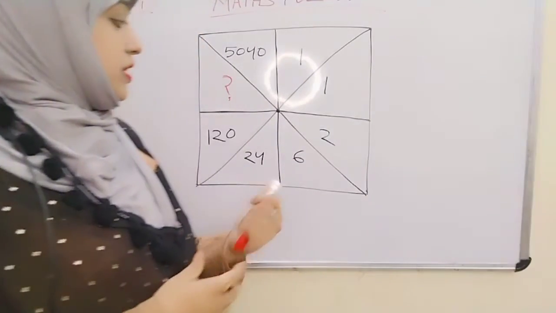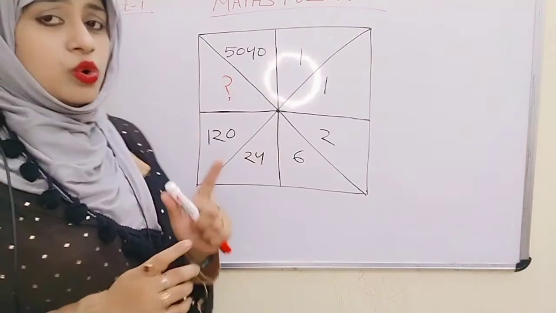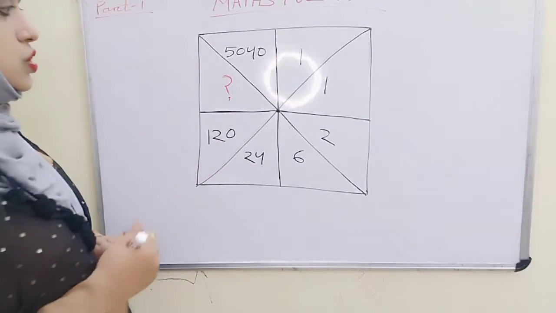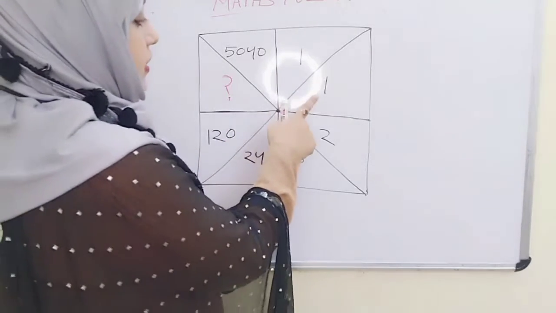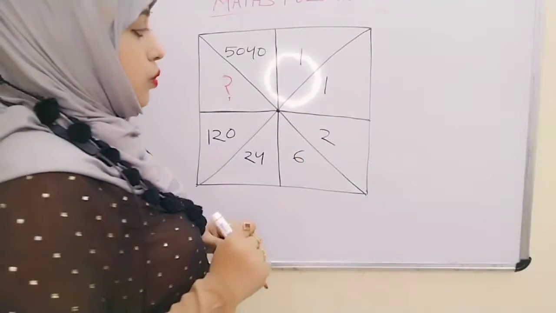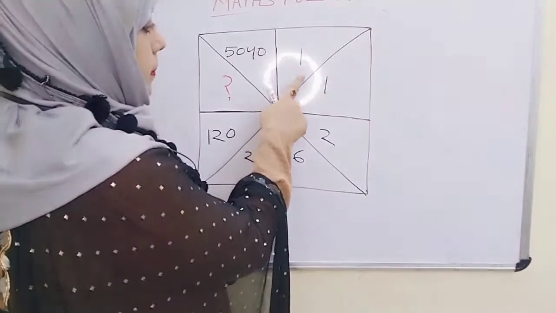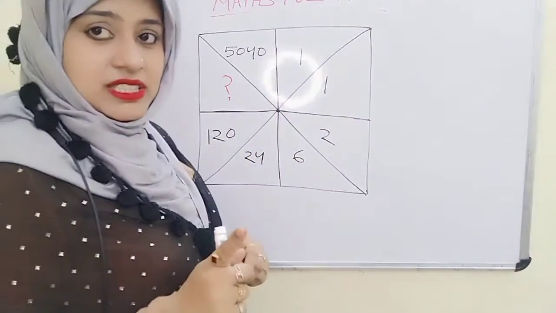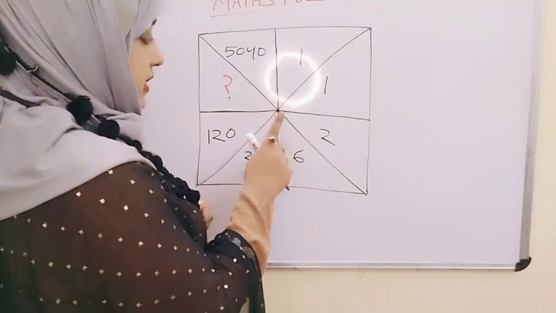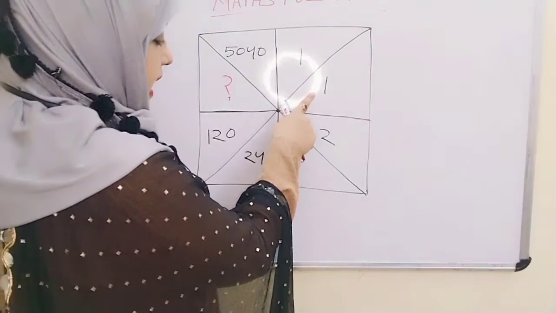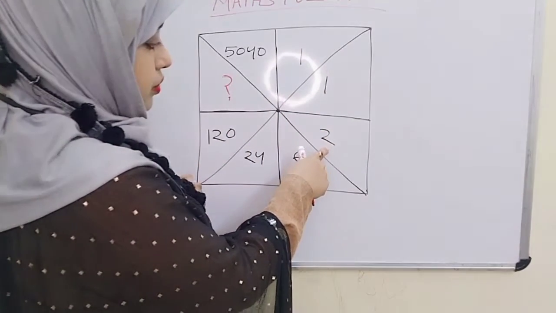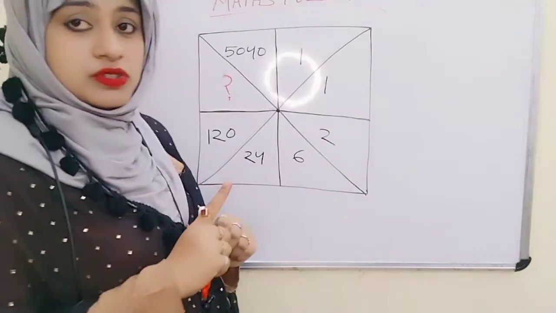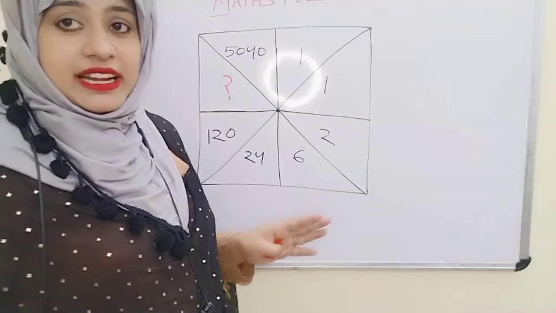So let's come to this puzzle. So first what you have to notice is the relation between the numbers. So here is 1 and here is 1. Okay, so when we add 1 plus 1, that is 2, right? So well, let's check. When we add 1 plus 2, that is 3, but here is 6, it's not 3, so just cancel that trick.